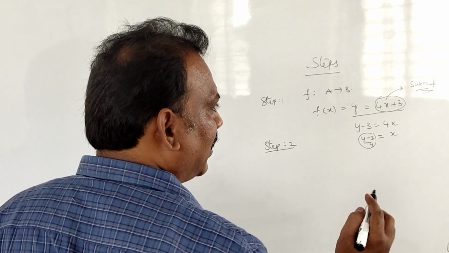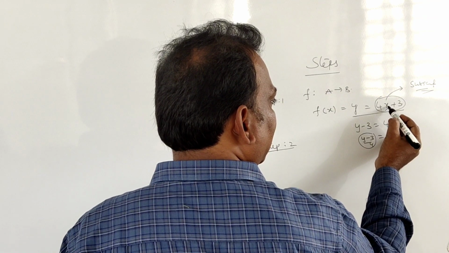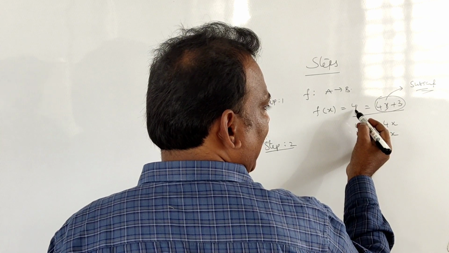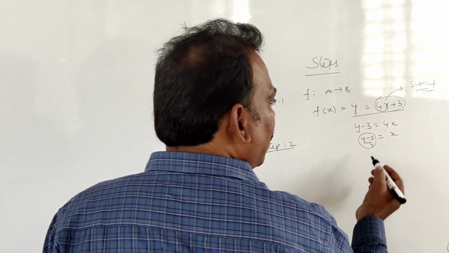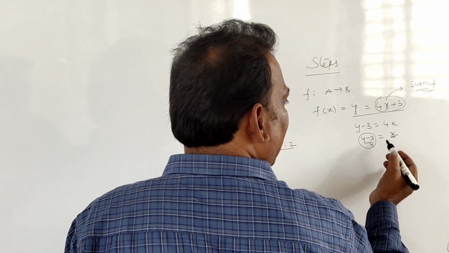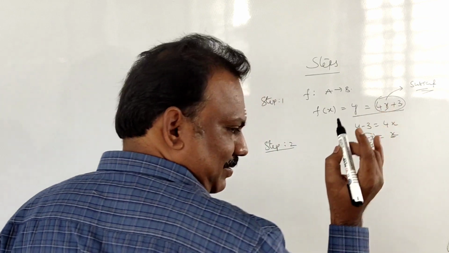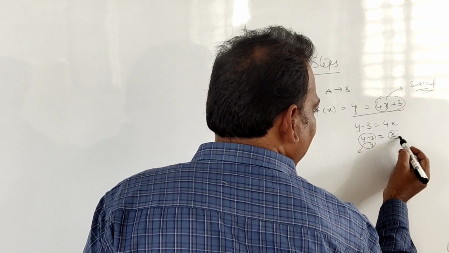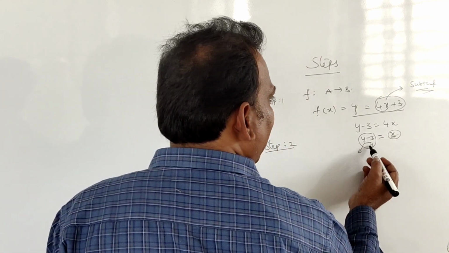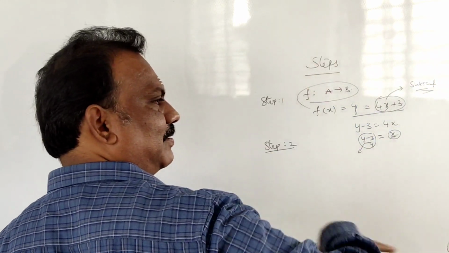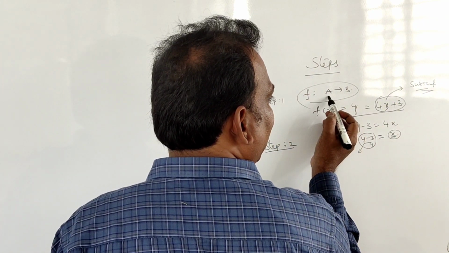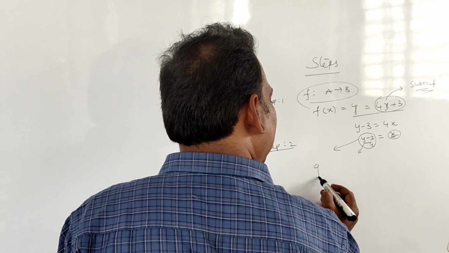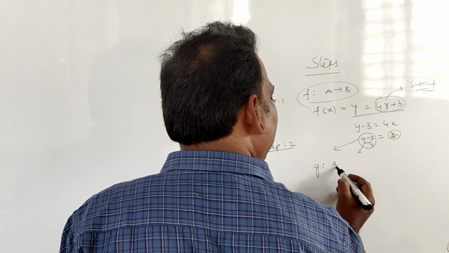See, in terms of x means this is input, this is domain, y is range, correct or not, or otherwise codomain. This is an element in codomain. Now, if you change the subject to x, now y is the domain. Clear, students? Y is the domain. X value is codomain or range. Y as domain means this function will be interchanged. Now B is the domain, A is the codomain. Now this is treated as the second function g, and it is mapping from B to A.